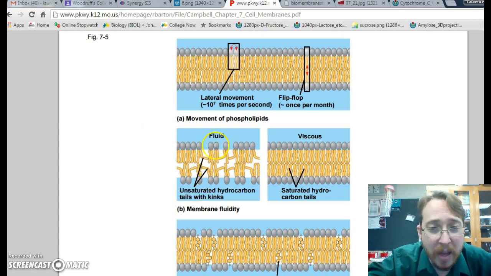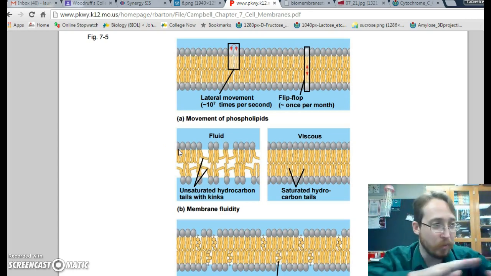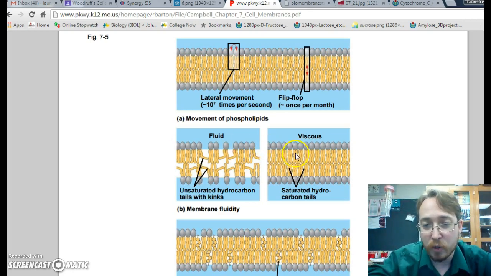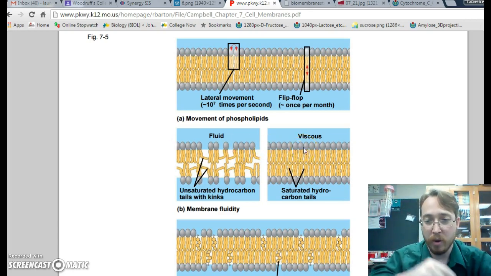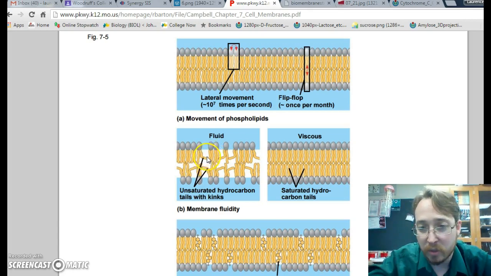So how do we manage that? Well, if you have more cis fatty acids in your modified diglycerides, in your phospholipids, then you create more space in the cell membrane, which increases fluidity. So if you are a cell that has to push your cell membrane out and move around, maybe you're a single-celled organism, you want to get over there, that's fine. Now, if you're just a skin cell and you're like, no, I'm staying right here, I'm going to attach to these other cells around me, maybe you don't want that much space, so you use saturated fatty acids in your phospholipid bilayer, and so now you have much less fluidity.